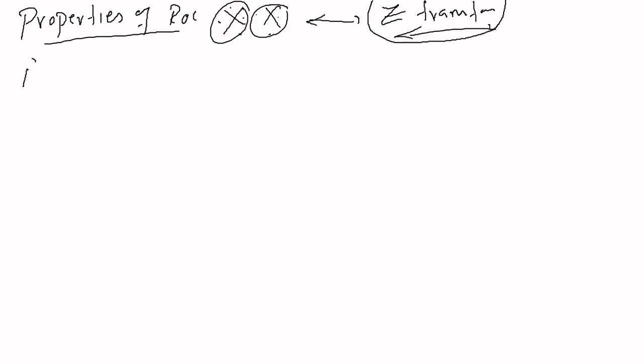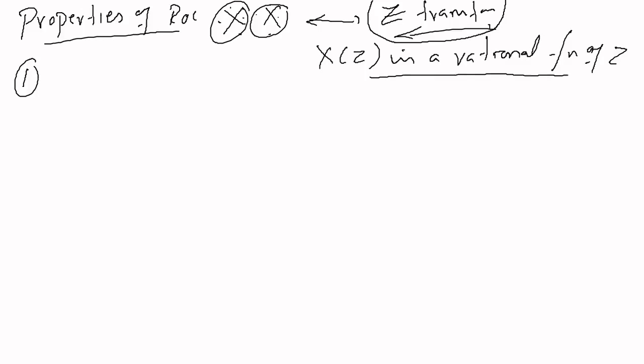So property number 1, please write this. We assume that X of z is a rational function of z. Okay, the property number 1 says ROC cannot contain